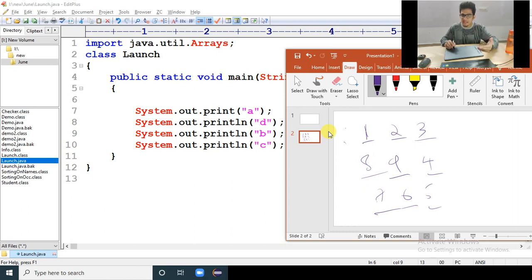Yes, you say it is easy, but if you think in the same way where the numbers are there, you can't do it. Why? Because yes, the cursor can go right, no problem. The cursor can come down, no problem. But the cursor can't go left. The cursor can't go up. Once the cursor comes down, it can't go up. So the logic you thought is wrong. If your logic is wrong, your code will definitely be wrong. So if your code has to be correct, your logic has to be correct. If your logic has to be correct, you should know how the control flow is happening here. I hope you have understood what is not possible and what is possible here.